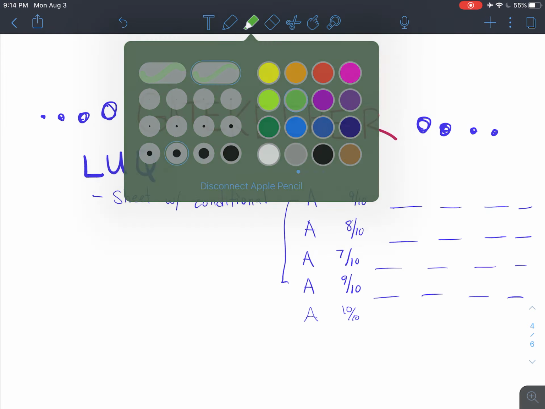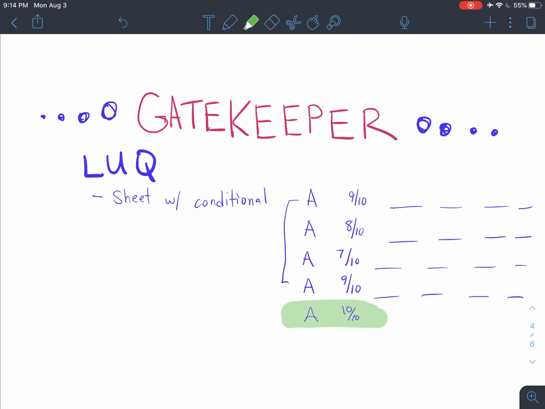Also, that level up quiz, when they do finally get a 10 out of 10, using conditional formatting, if that is a student, it will actually highlight that student as being green, meaning that they got it done. So that gives me the indicator that student is finished with their tasks in the green circle or the blue square or the black diamond, and I can quickly look at my gradebook to see if that is true.